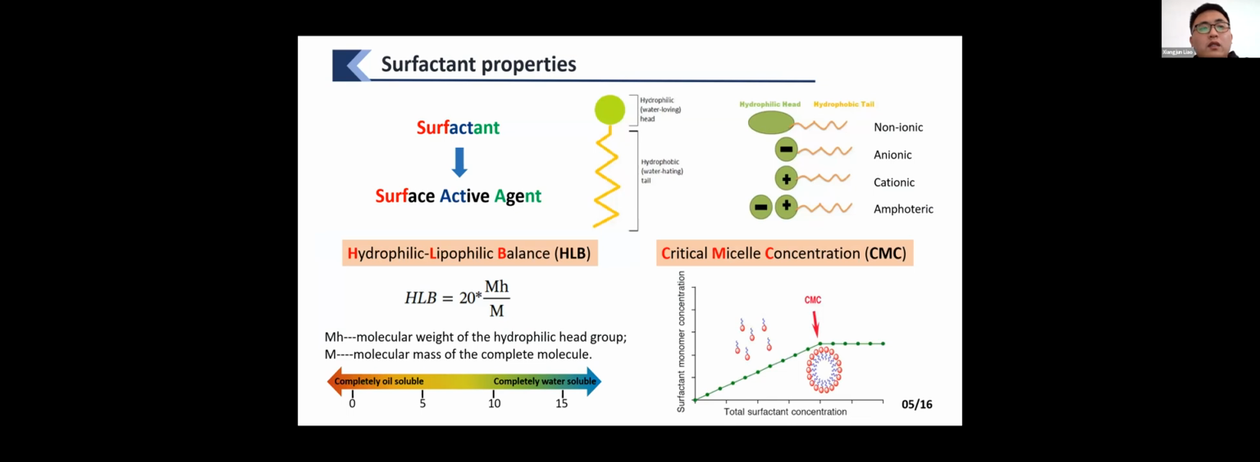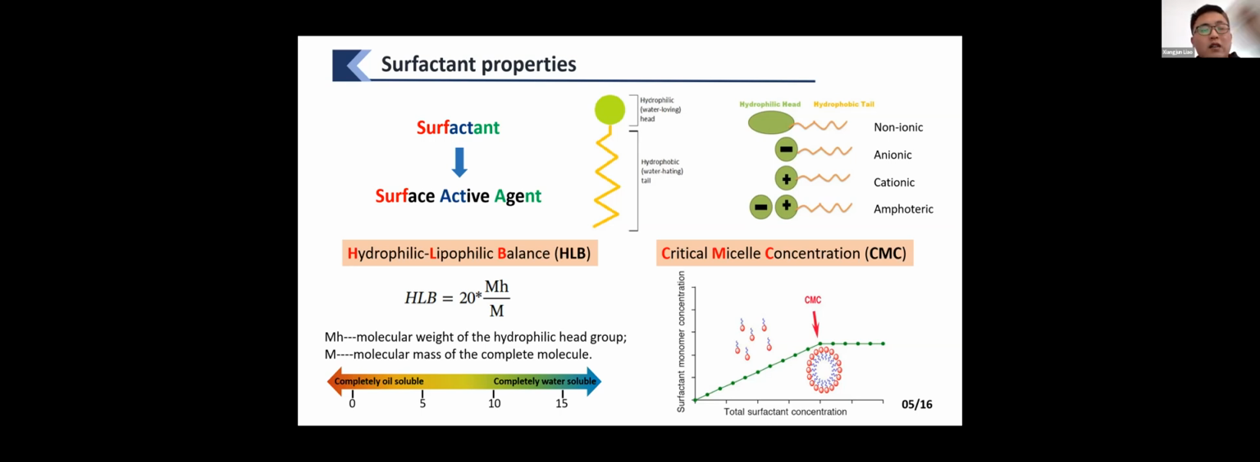Surfactants can be simply understood as surface active agents. Usually a small amount of surfactant can change the interface properties immediately. Surfactants have hydrophilic heads and hydrophobic tails. They can be divided into non-ionic, anionic, cationic, and amphoteric types. The HLB value